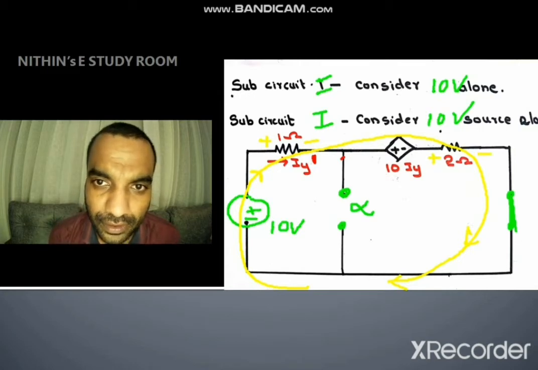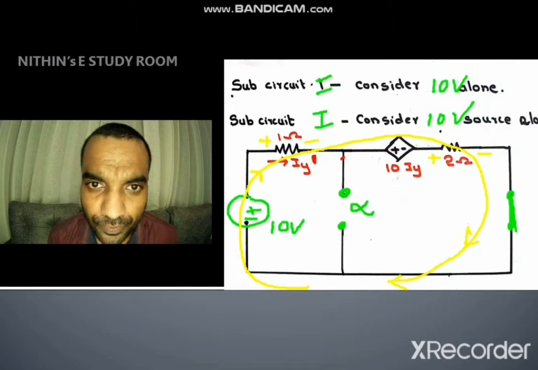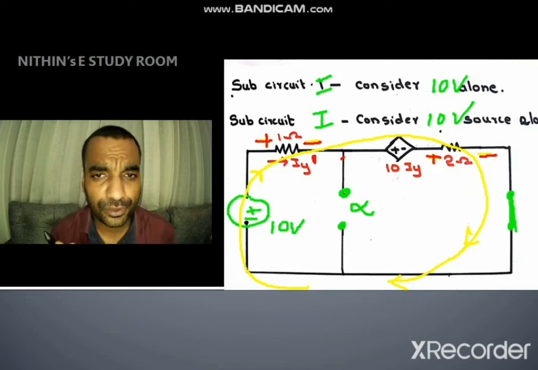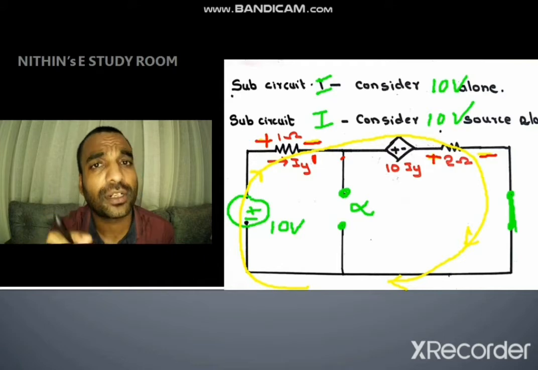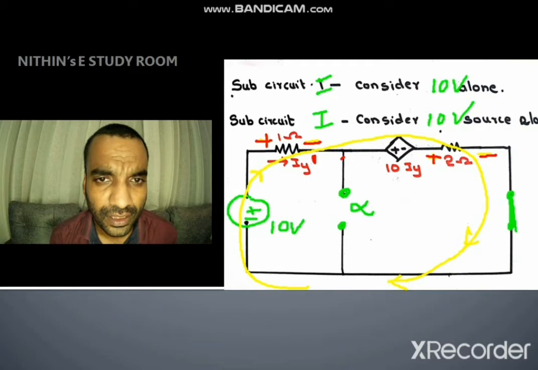So I have drawn plus and minus. How did I assume this direction? It is not an assumption, because you already assumed the loop direction as clockwise. So as per the direction of that loop, the current is entering at a particular terminal of the resistor. That terminal is marked as positive. That is the case. Now you can see our loop is like this.